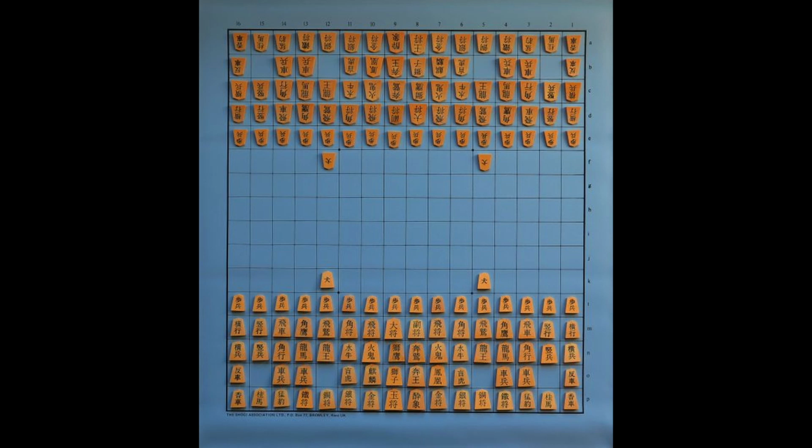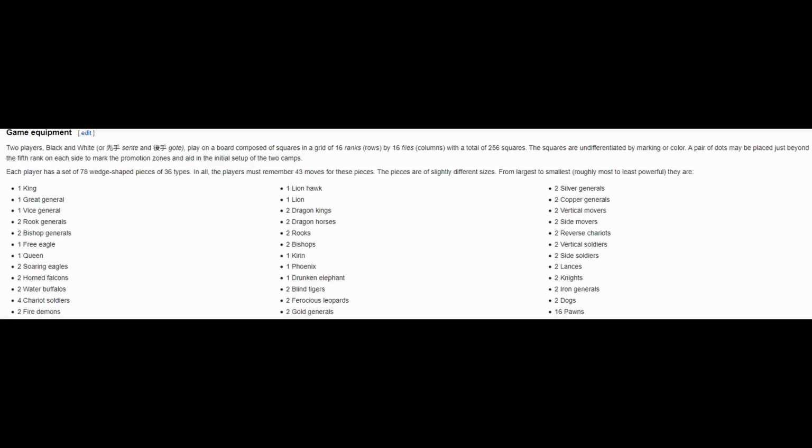So the most important goes for the king, then one great general, one vice general, two rook generals, two bishop generals, one free eagle, one queen, two soaring eagles, two horned falcons, two water buffaloes, four chariot soldiers, two fire demons, one lion hawk, one lion, two dragon kings, two dragon horses, two rooks, two bishops, one kirin, one phoenix,